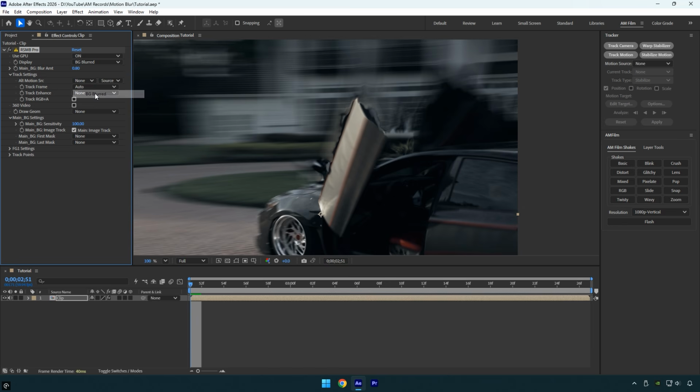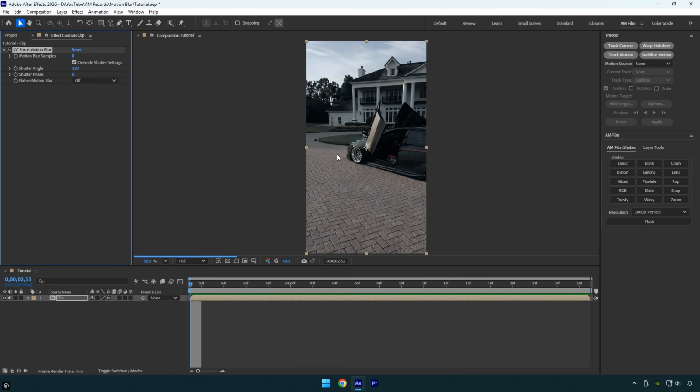Now let me explain why RSMB Pro is expensive, even though it can sometimes produce a weird motion blur look. RSMB Pro is not mainly focused on quality, it is more focused on performance. It is designed to be less demanding on the CPU, GPU, and RAM, at the cost of some visual accuracy. In short, you are buying RSMB Pro for performance, not for the highest motion blur quality. Its main advantage is faster previews and render times, while the trade-off is that the motion blur may not look as clean as heavier alternatives. This is not a fact, just my opinion, and I will try to prove it now using CC Force Motion